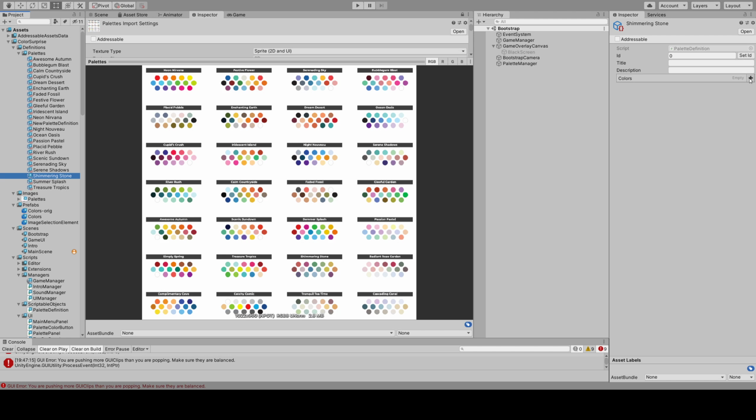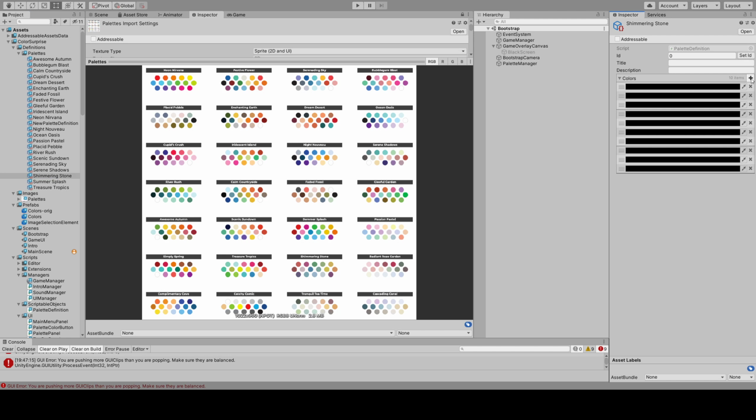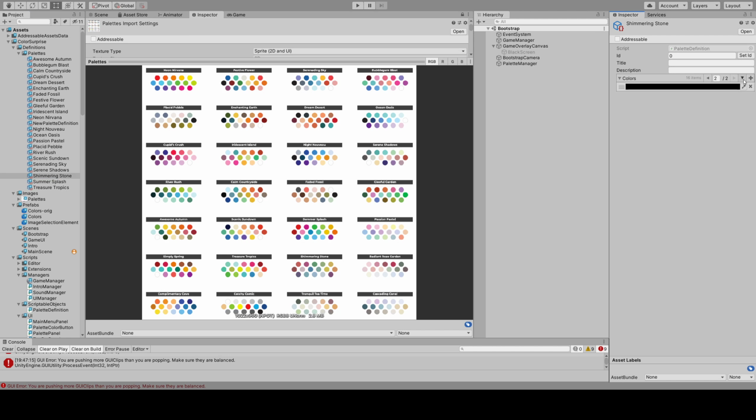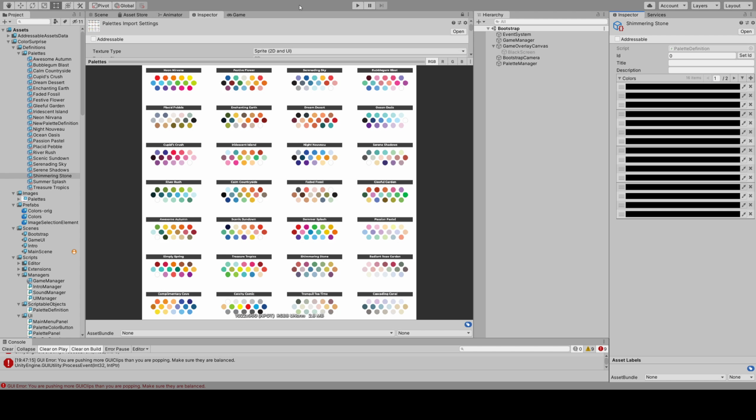Over here add 16 colors because they're all 16. And then I'm looking at the palette that was sent to me, so I can use the color picker pretty easily and grab the colors. This is by far the easiest method, I think, because we do need the data